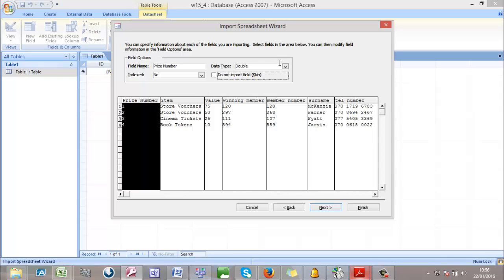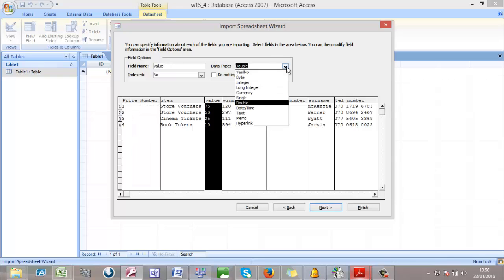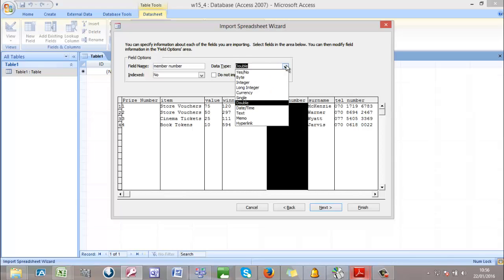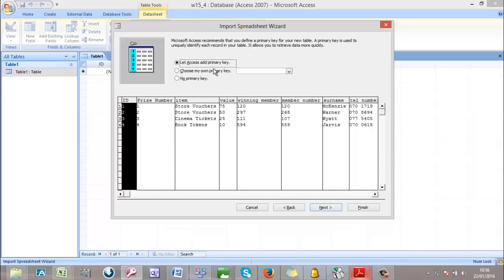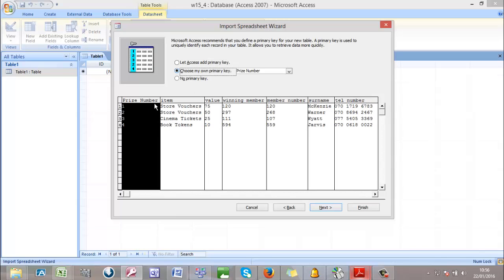Of course, this can be price number. We can leave it at just integer or text or something. It's not really a big deal because it's not used for any calculation. And then the value must be currency, and this can also be double, or yeah, it's normal. But these things can also be changed in the design view, and then the field names can all be changed. So let's quickly choose my primary key. Price number obviously is unique, so that will be there,